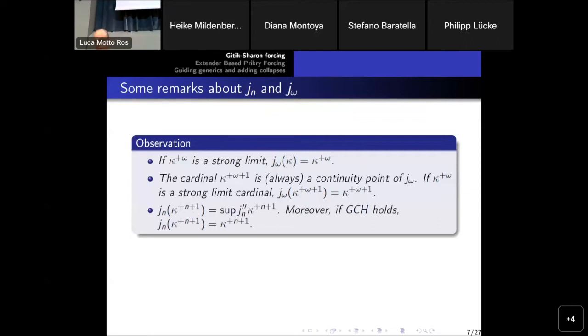Okay, what else? So we still have some continuity. If we look at kappa plus n plus 1, it is a continuity point of Jn. It's not going to be a continuity point of Jn plus 1. If H holds, it's actually